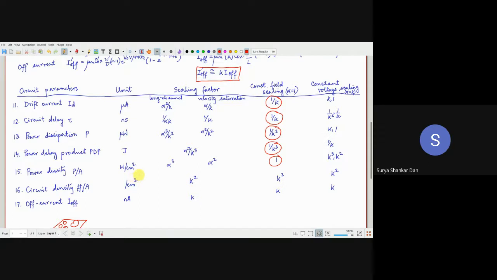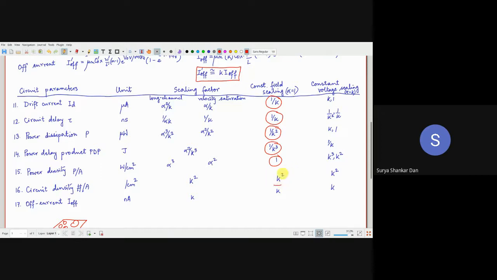Okay, so what do we understand? That if we are reducing the size dimensions with scaling, if we scale the technology node, it is pretty obvious that the number of components inside the chip will increase. So we can essentially go for higher and higher orders of integration, circuit integration, right? So that is the whole meaning of that. We always keep on telling that we can incorporate more circuit components inside that IC.